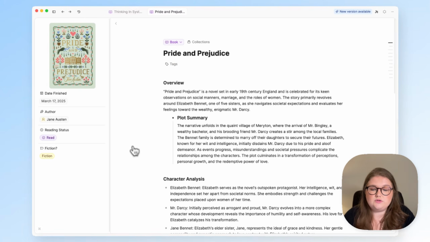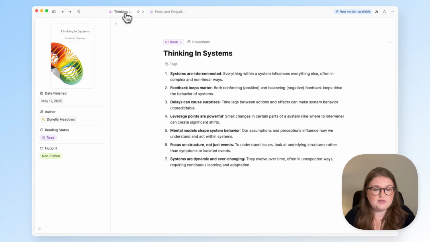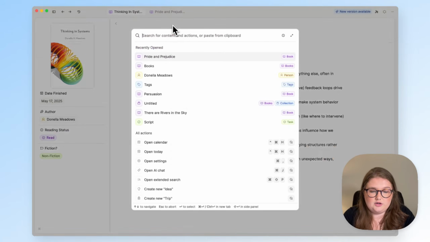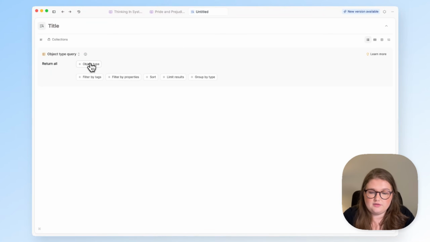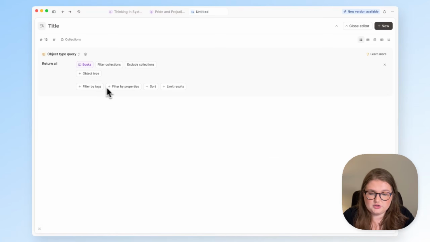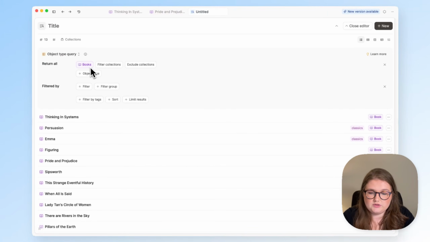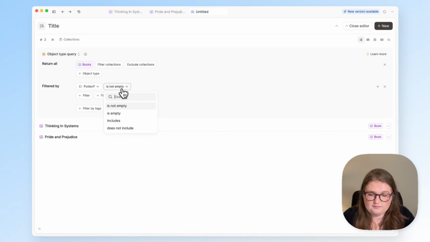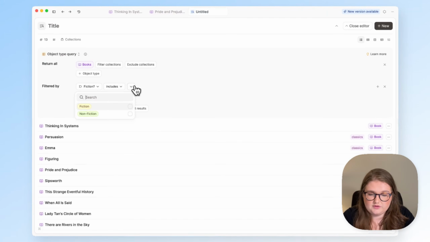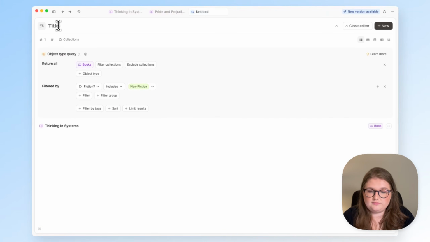Once you've got your labels, you can use them like you would any other property, meaning I could create a query that looks for all my non-fiction books. So I'm going to return all books filtered by the fiction property, and I only want it to include non-fiction. Call this non-fiction books,